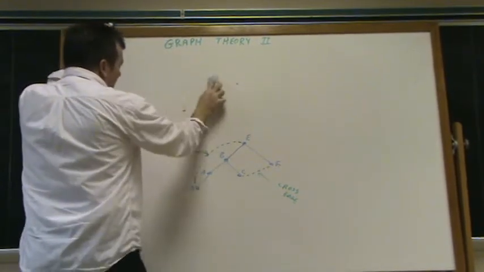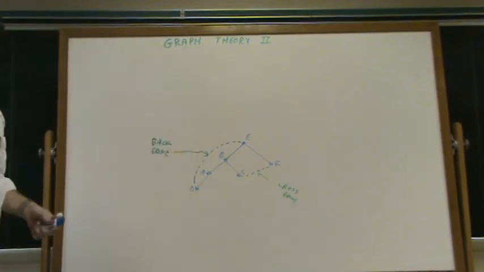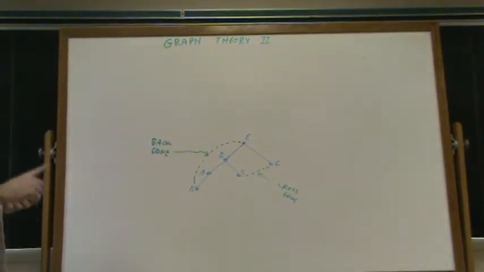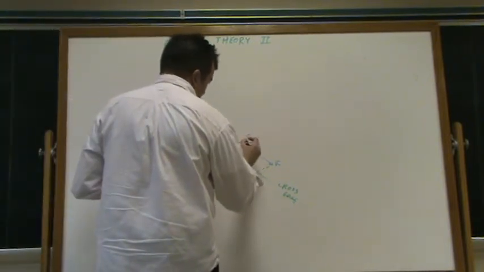So suppose we had a graph like this one. Now in the past we've had examples where at the nodes there are values. So suppose we had values like